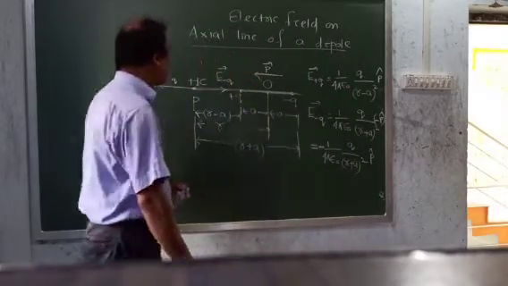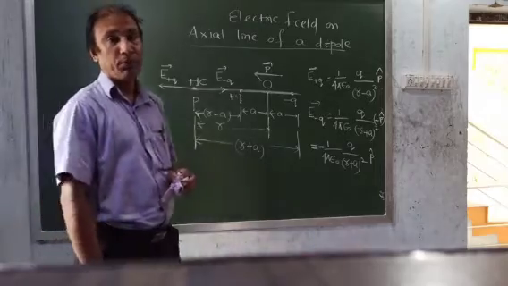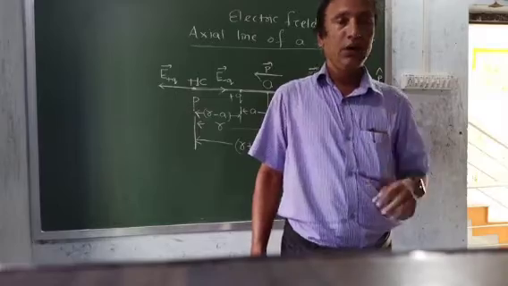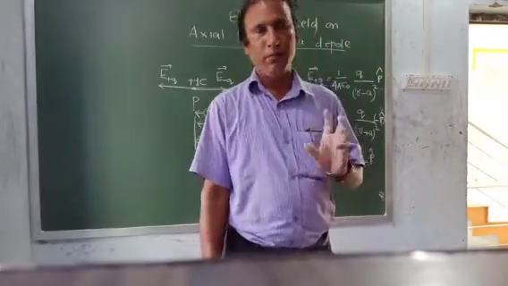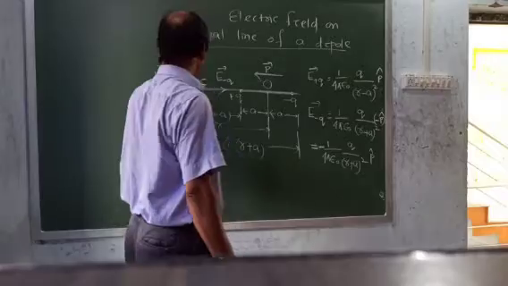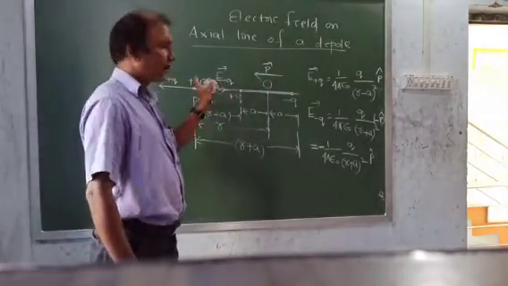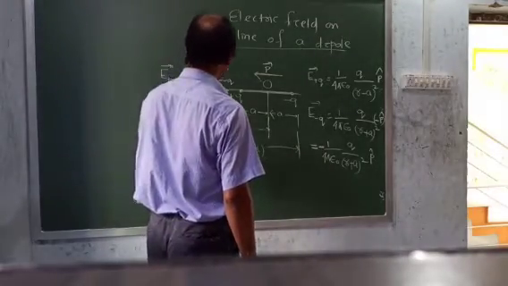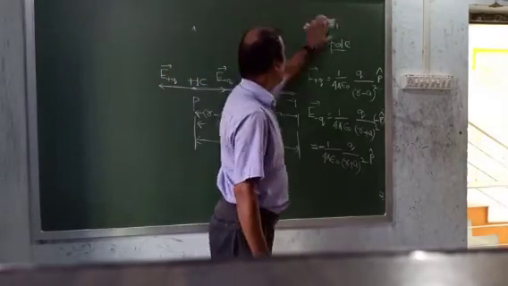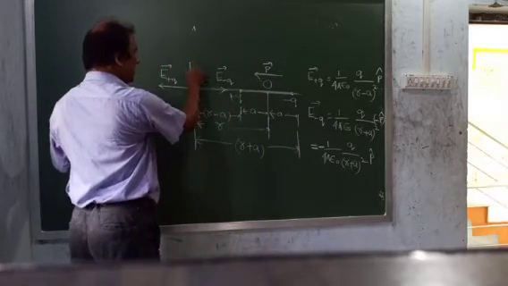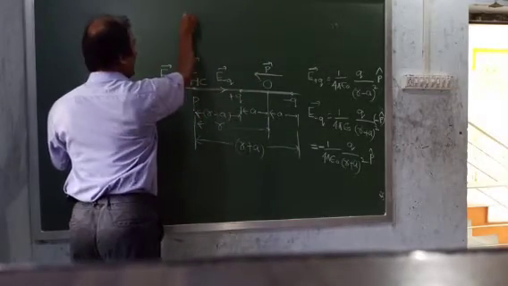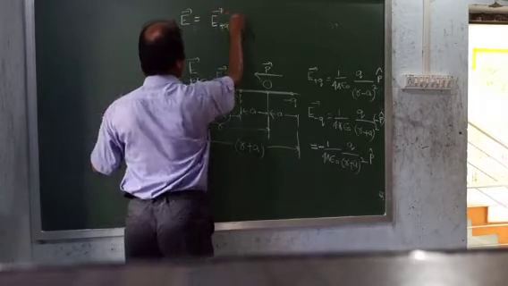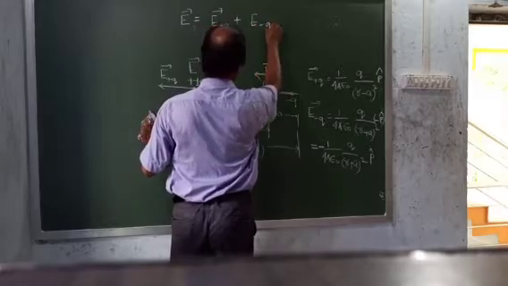Okay. Now the total field at this point, according to the superposition principle. There is a principle in electrostatics called the superposition principle, using which we can add vectors. The electric field at this point due to this charge and that charge. Since electric field is a vector quantity, according to the superposition principle, the total electric field at this point will be, let the electric field at this point be E. So we can write E is equal to E of plus q plus E of minus q.